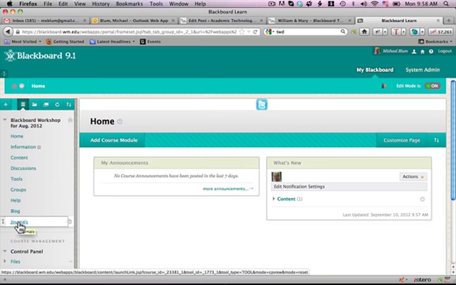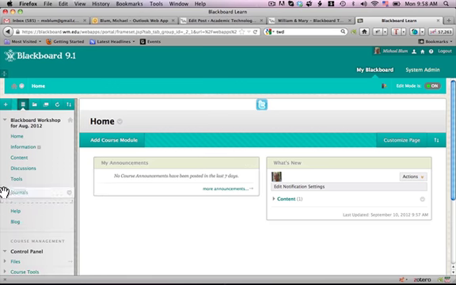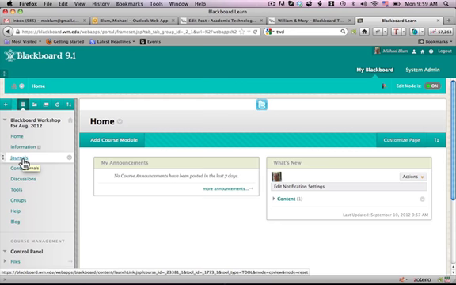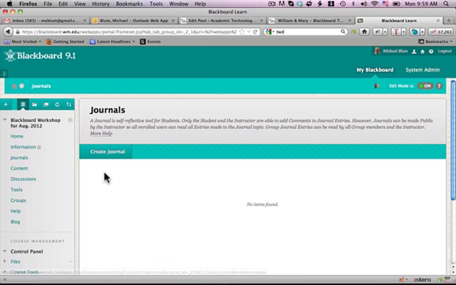Now I've got that tool link at the bottom. I can drag it up closer to the top if I'd like. And now I'll click on the journals menu item that I just created. Now I need to create a journal first. I can create as many journals as I'd like, but I need to create the journal for the students to